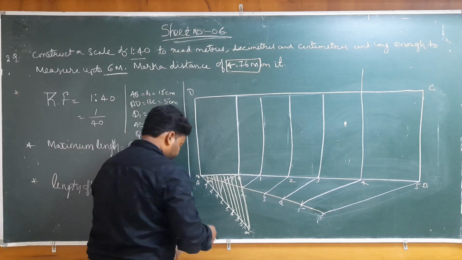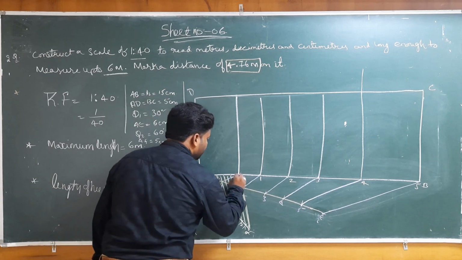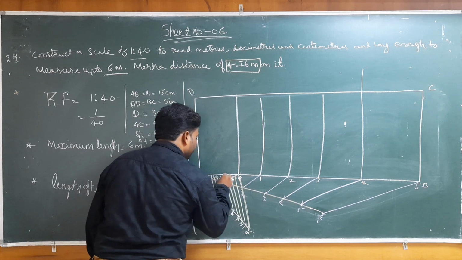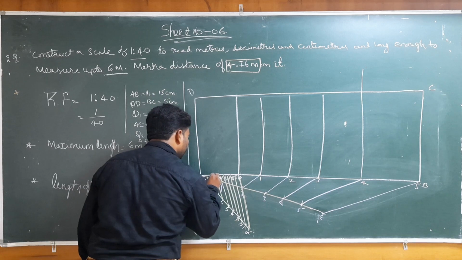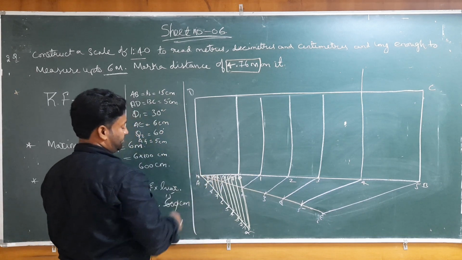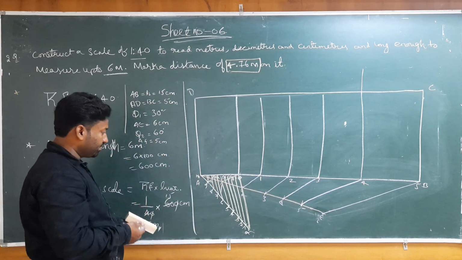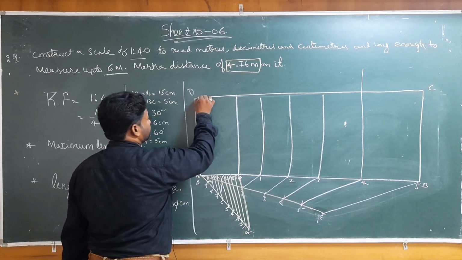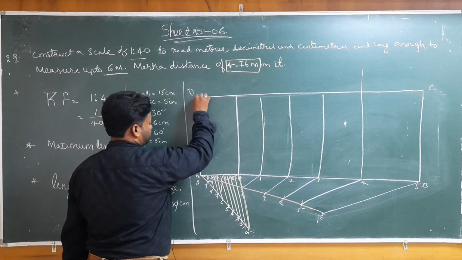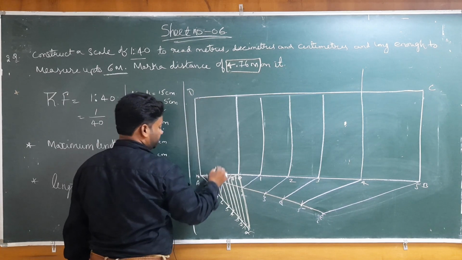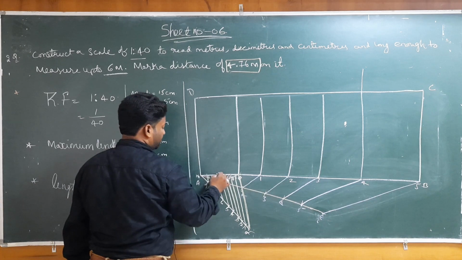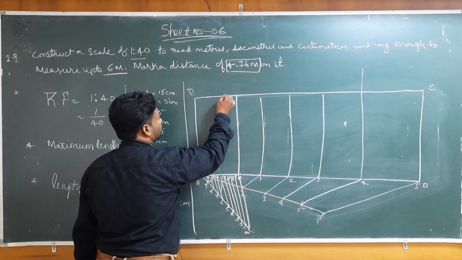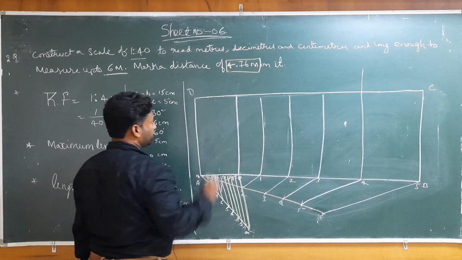So, here we have to give the text, this is 0, 1, 2, 3, 4, 5, 6, 7, 8, 9 and the 10th part is here. Now, after that, in this also we can mark the points like this with the help of the scale. Suppose this is 1, with the help of the scale this is 2, 3, 4, with the help of the scale mark 5, 6, 7, 8, 9 and 10 here.